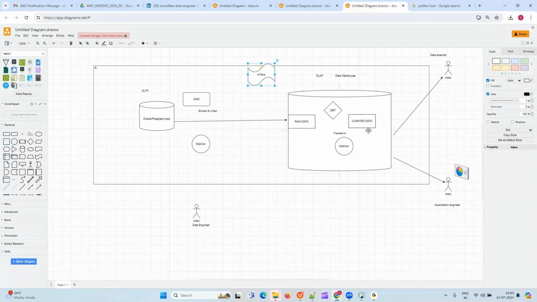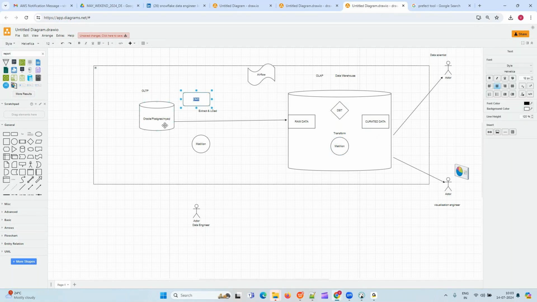Any other questions, guys? Okay. Now, DMS is Data Migration Service. It's like Fivetran. What exactly are you using, the AWS data migration tool?